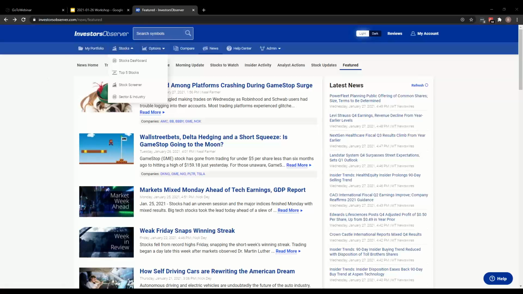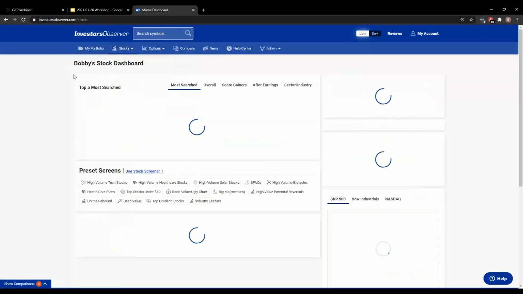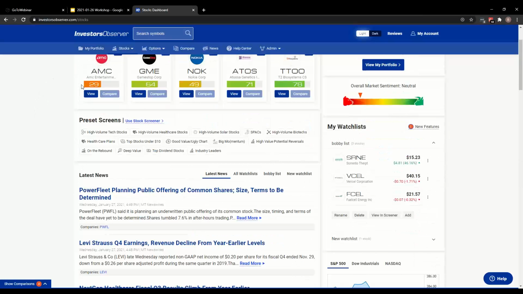So we got some screener questions here. So let's go look at, well, let's start here actually. So we have a stock screener. Obviously we have some preset screens here that you can use. Some of these are free, some of these are available to